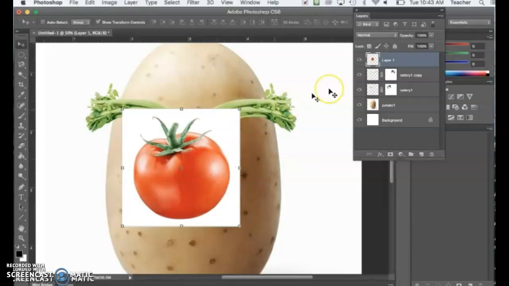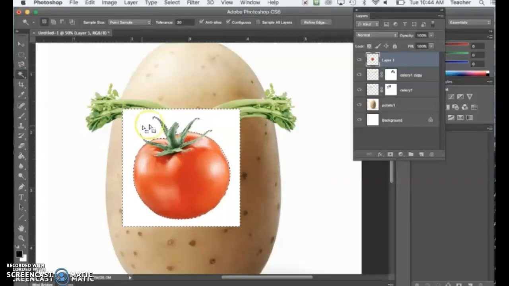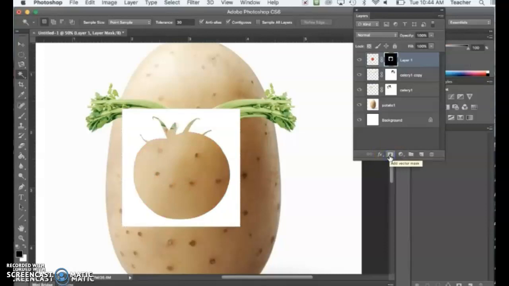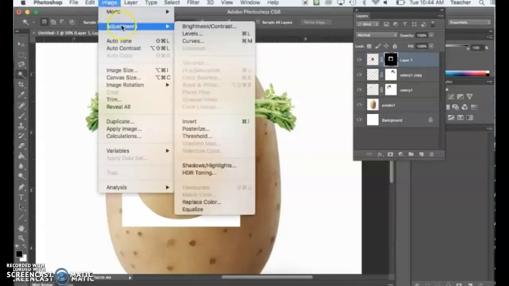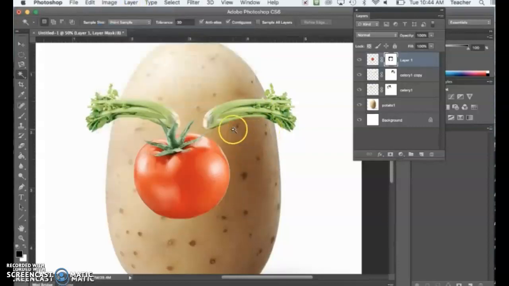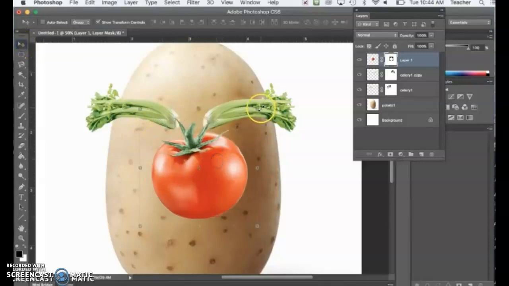And when you copy and paste photos into Photoshop, you don't have to do the whole rasterize layer. It doesn't have the little icon on it, so we can start editing it. So once again, this is a white background. With the magic wand tool, I'm going to select it. Make sure you click your mask tool. It deleted what I didn't want, so now I'm going to go back to image adjustments and invert, and it'll get rid of it. So I'm going to go to my arrow tool, and I'm going to make my tomato